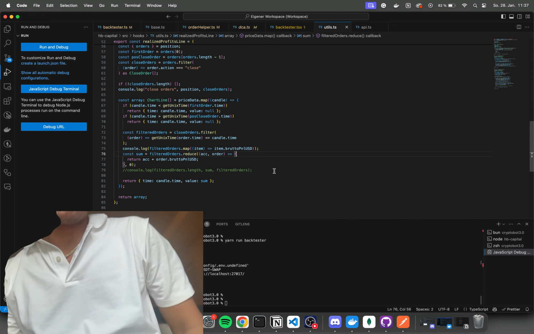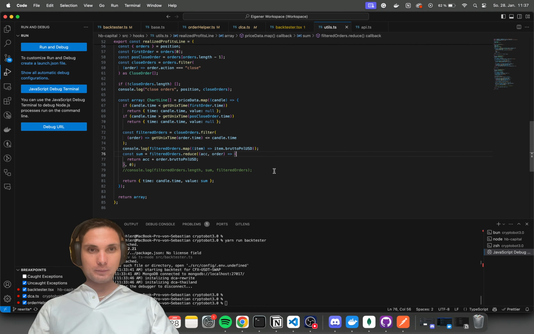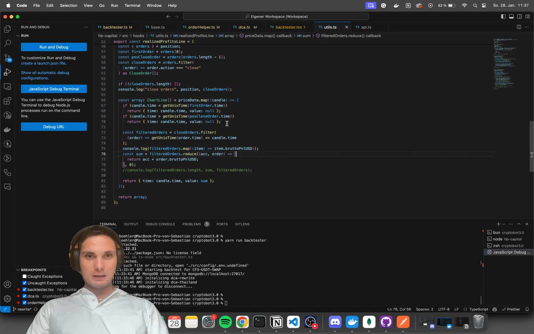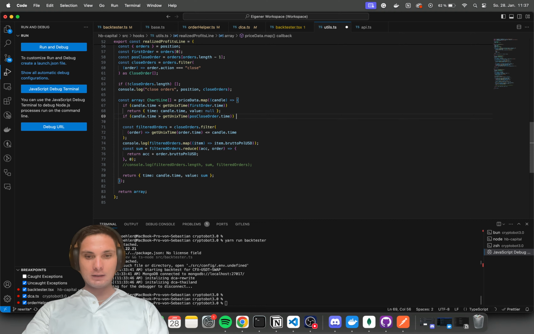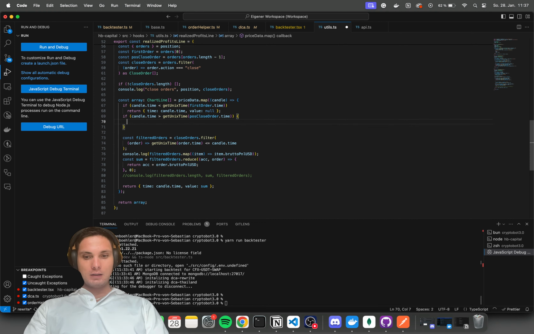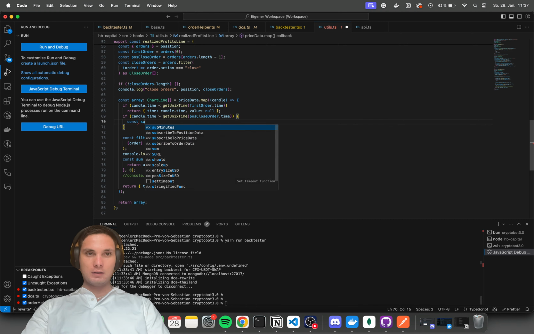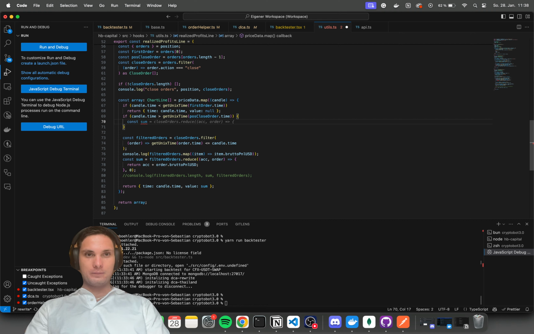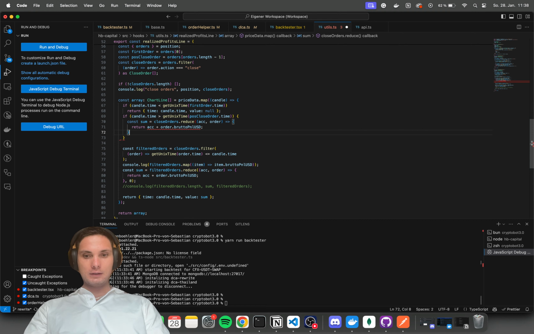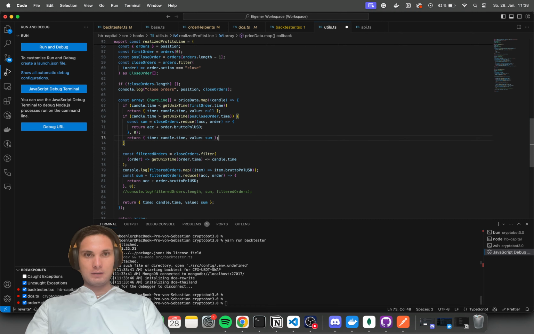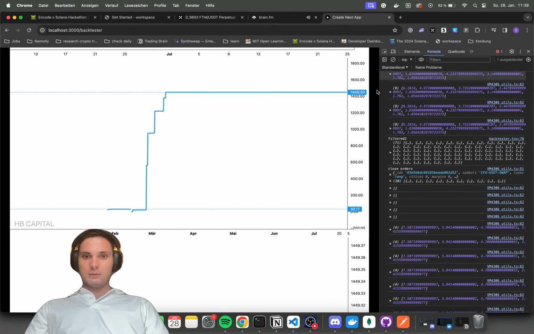So if candle.time is bigger than this, let's actually then here say const some close orders of all, yes, and return this,